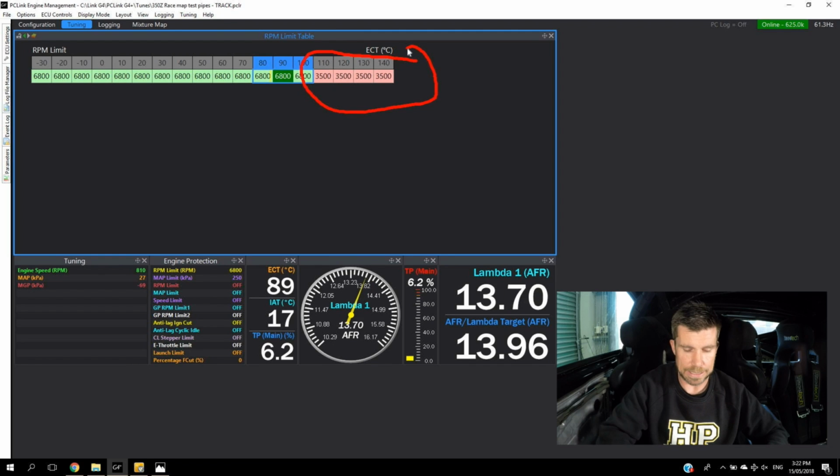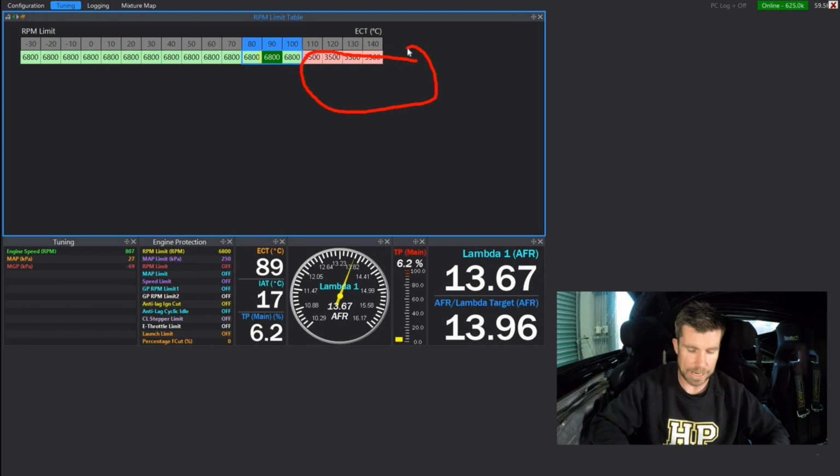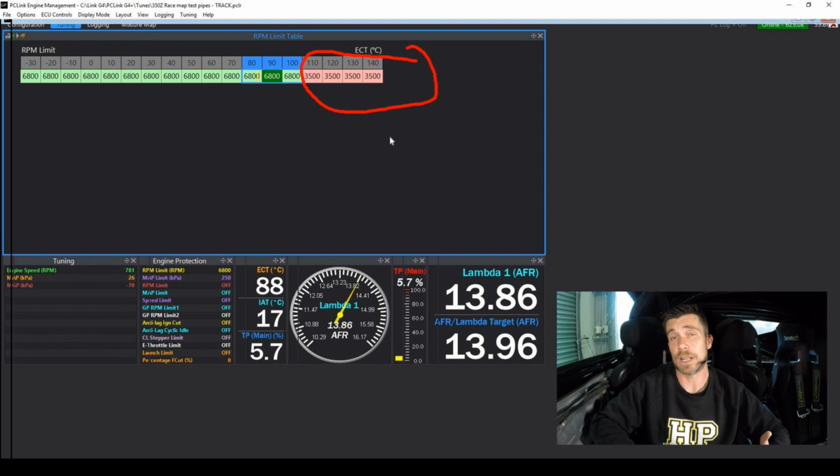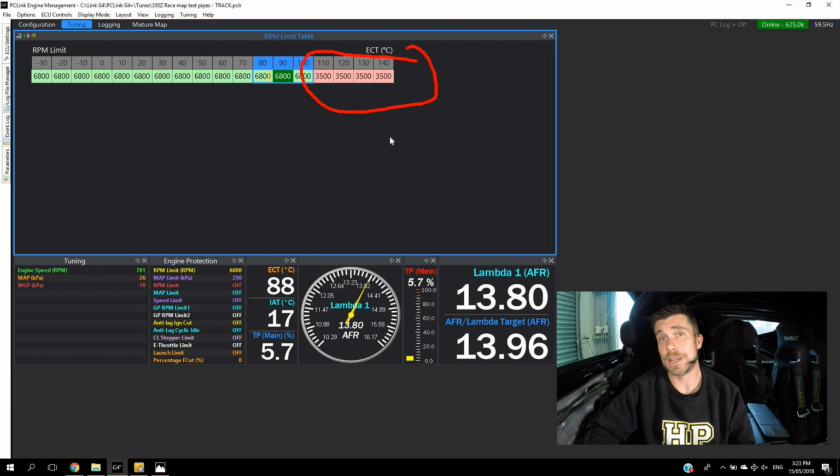And the idea here is that often if the driver is out on a racetrack and probably not paying as much attention as they should be to what's going on in the instrument cluster, it's quite possible that the engine may actually start to overheat without the driver being aware of it. Now obviously if it gets too hot and the driver still doesn't take any notice, this could end up quickly destroying an expensive engine. So it's much easier, or much more preferable in my opinion, to instigate a lower rev